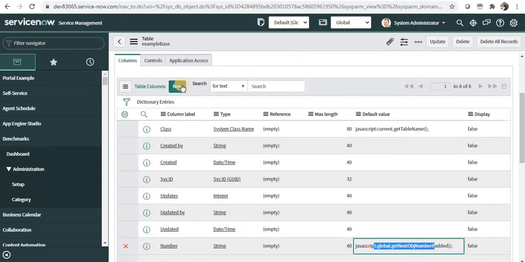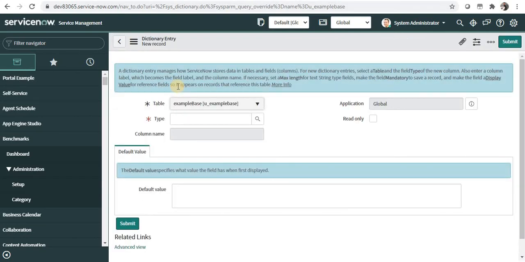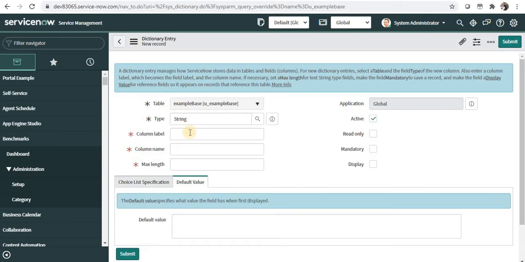Also now let's click on this new button and create a new column as well. So for creating a new column, I can say the type as string field, and I have to give the label again, and this is the front end name, and the back end name will automatically generate in column name.